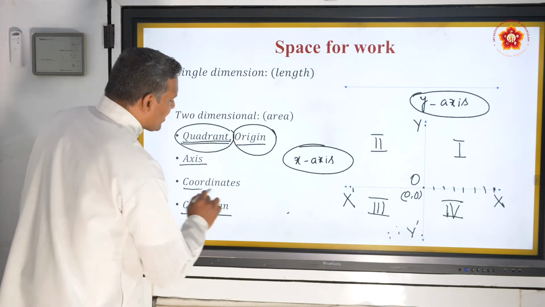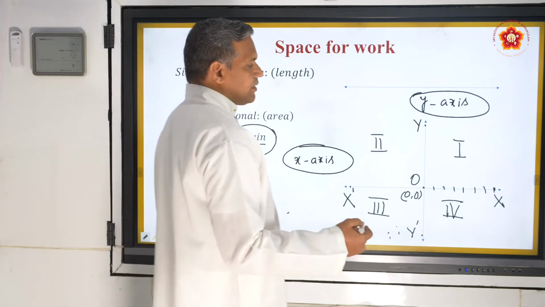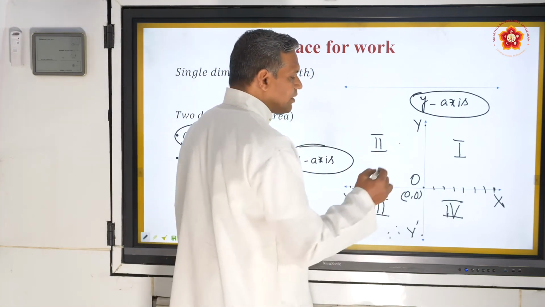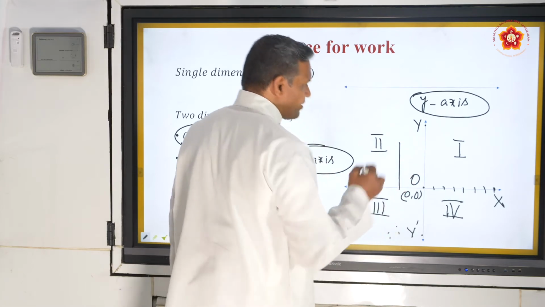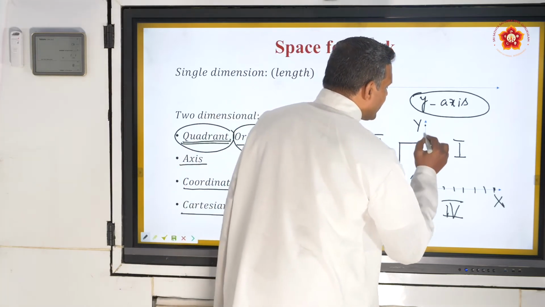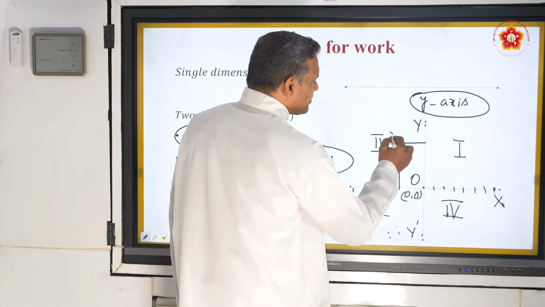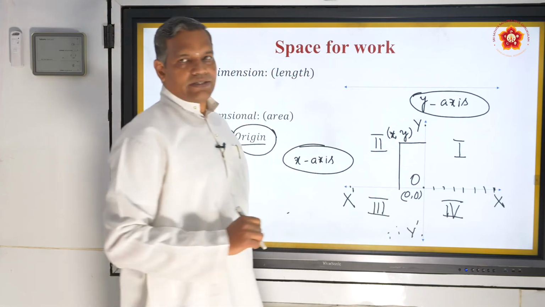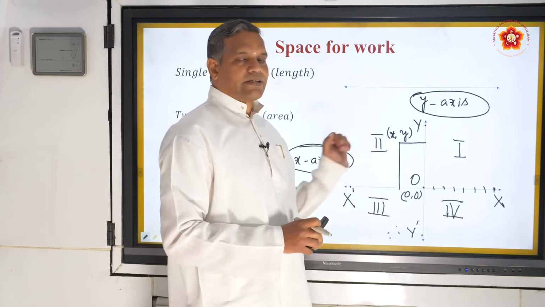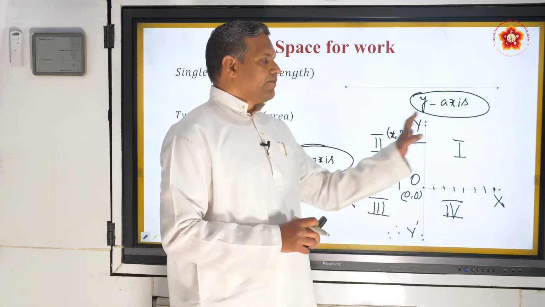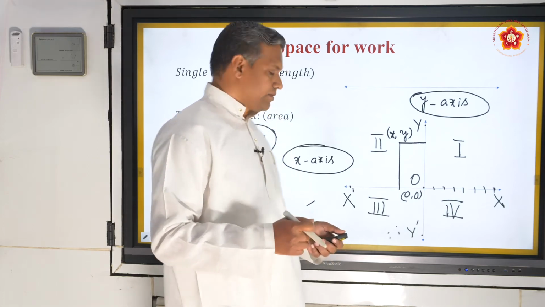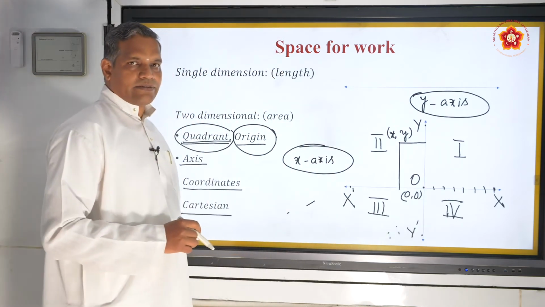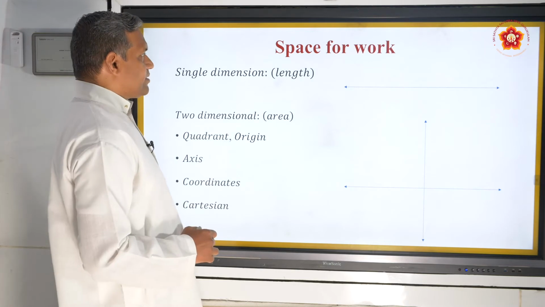Next is coordinates. This is the thing that we actually do something with. Suppose I keep a point here. Now I have to measure its distance from the x axis and its distance from the y axis. This distance I call the x coordinate and this distance I call the y coordinate. These are the coordinates with whose help I can identify that particular point, in whichever quadrant it is. Understood? Then we finish the coordinates, and the whole plane itself is called the Cartesian plane. So that's the small introductory basic.